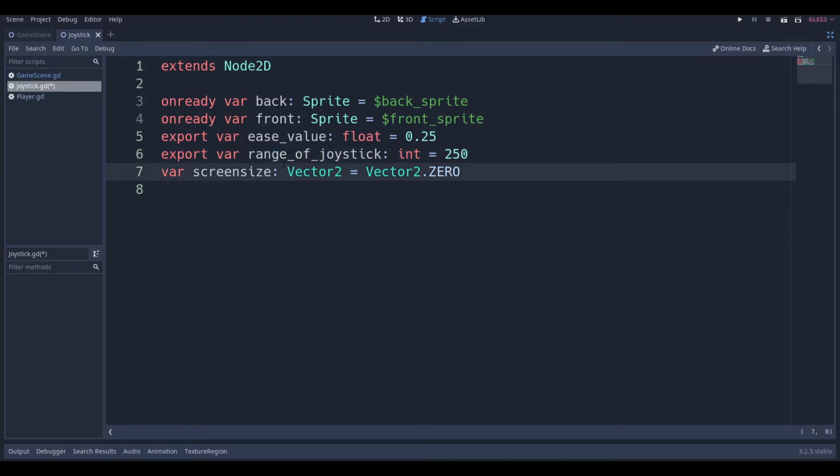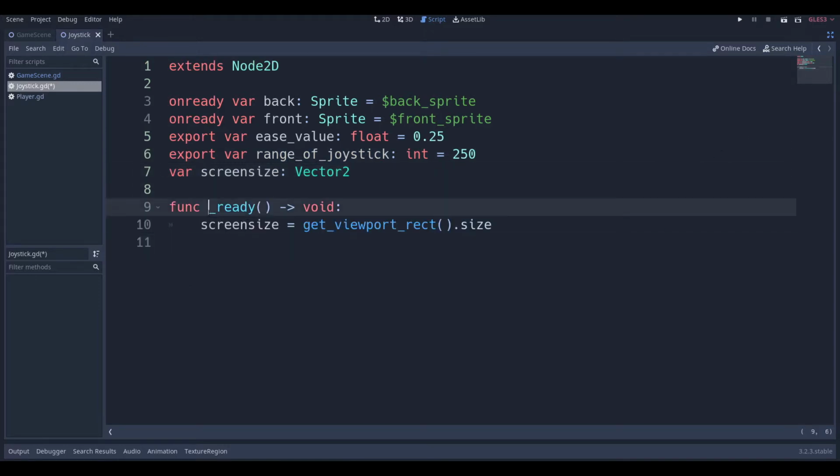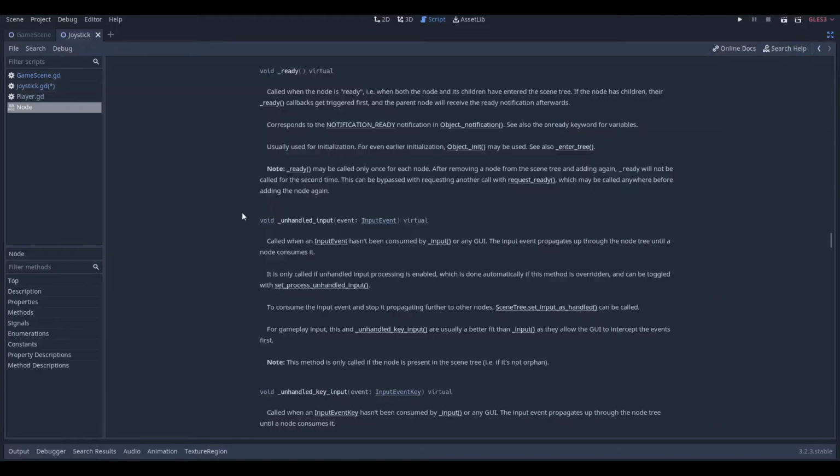Then we're going to get a screen size. I'm just going to set it equal to a Vector2. We don't really need to set a value to it because we're going to change it as soon as the frame loads. And speaking of frame loading, as soon as the ready function is called, which is called exactly when